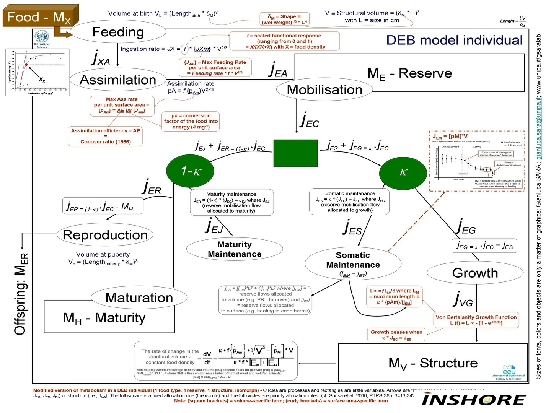This is the DEB model, but don't be scared, because before we had just a fish, tuna. This is a formalization of the DEB model. But what I want to show is